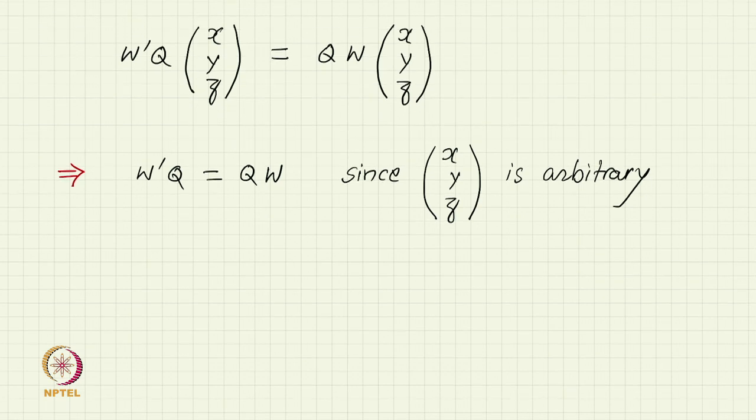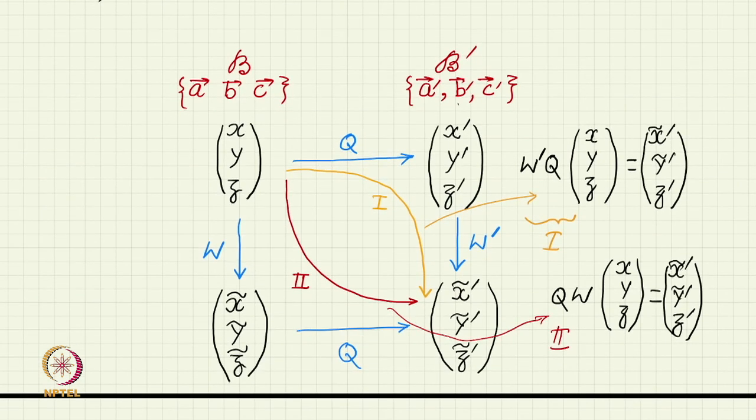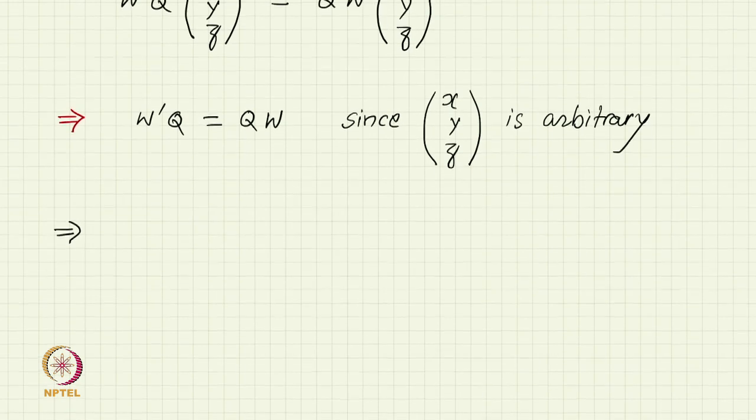So, we have proved this. What was our goal? What were we looking for? W prime. I know this W, the symmetry transformation matrix in my original basis. I know Q, how to do basis transformation from B to B prime. So, I wanted the representation of the same symmetry transformation in the new basis, that is W prime. So, I was looking for W prime in terms of W and Q, and that is exactly what we have